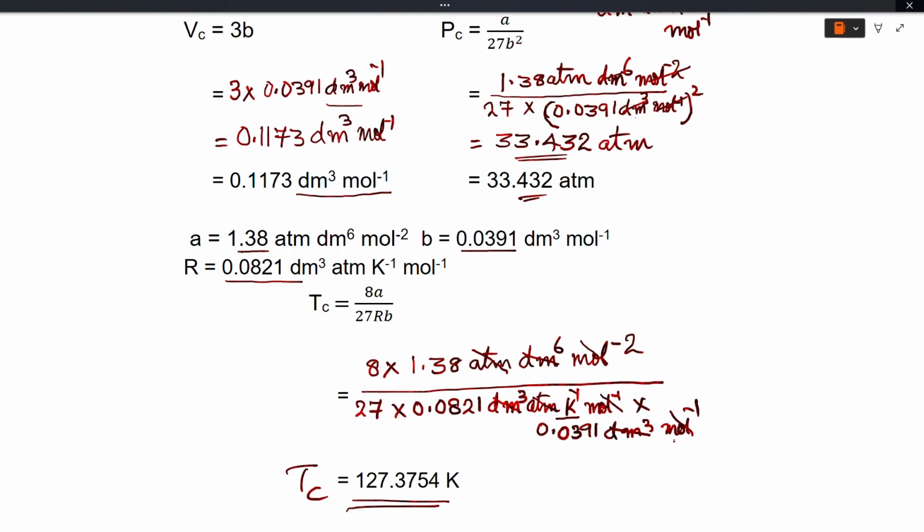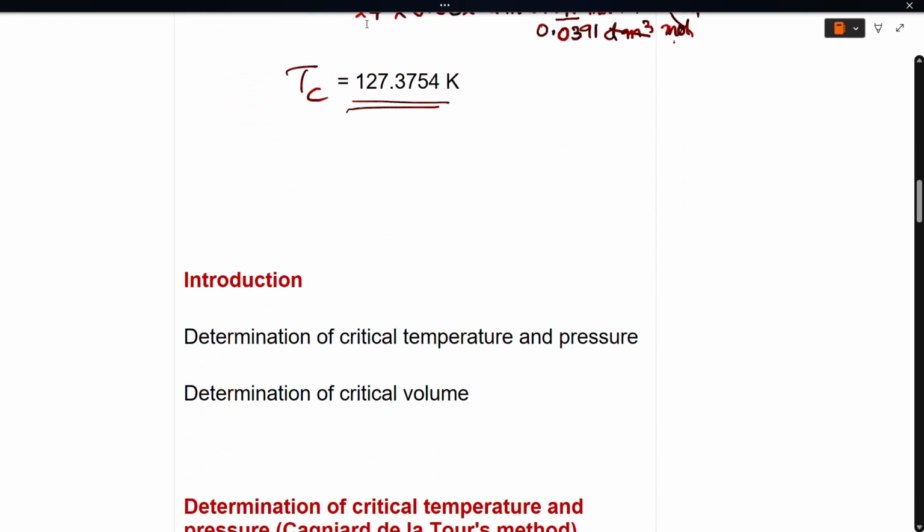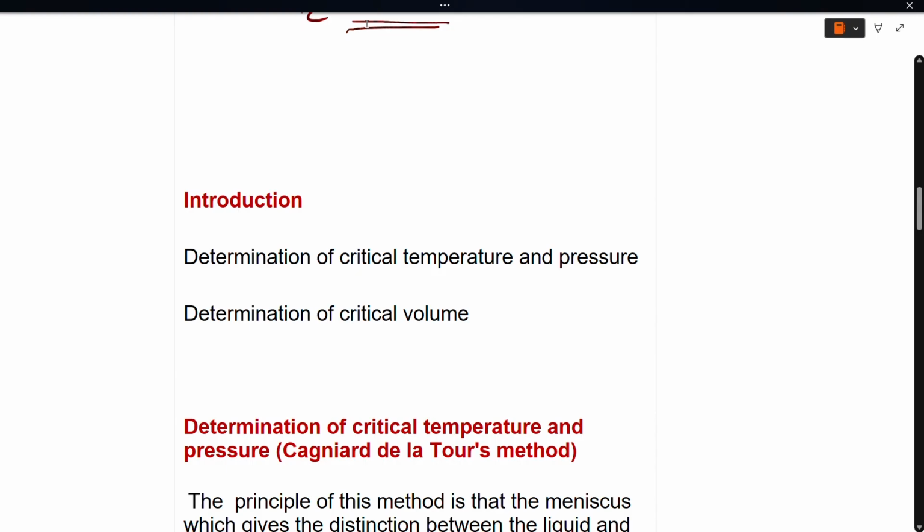So, we have found out all the critical constants, that is Vc, Pc and Tc. So, that is about that assignment. Now, let us move on to today's topic, that is determination of critical constants, the experimental determination. It is not simply finding a relation between them, it is the experimental determination of critical constants, and here